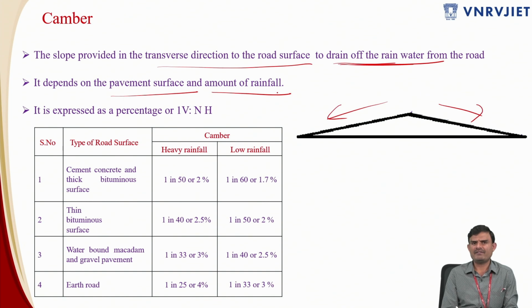So the camber, as I discussed just now, its purpose is to drain off the rainwater. So it is going to depend upon the type of the pavement as well as the amount of the rainfall. Okay, so higher the rainfall, higher should be the camber. Lower the rainfall, lower should be the camber. Because high rainfall will always need a higher amount of camber. At the same time, superior the quality of the roads, very important, this can be an objective question also. Superior quality of the roads,